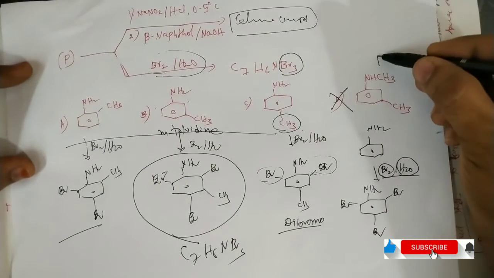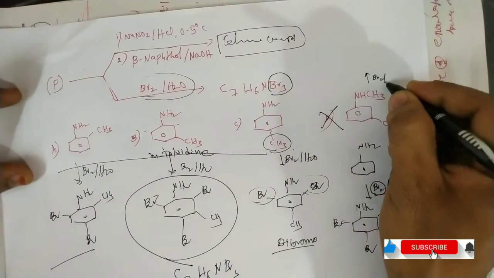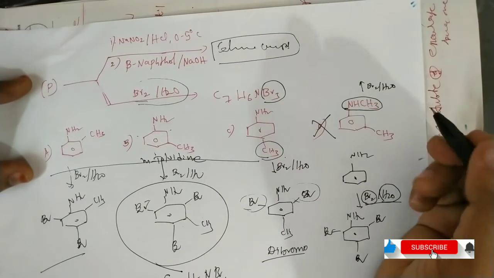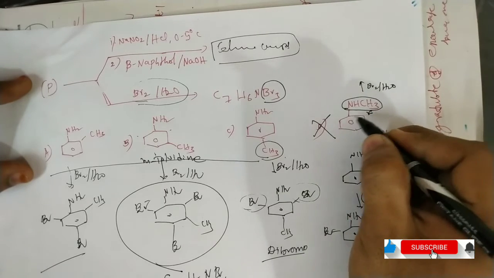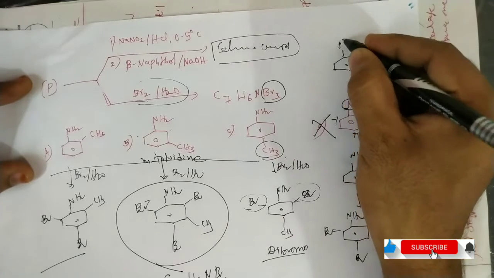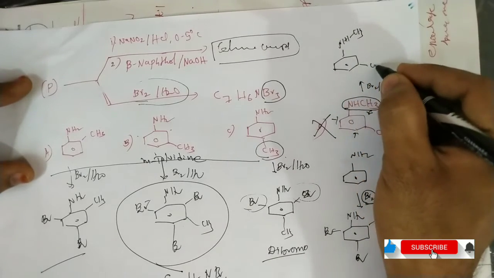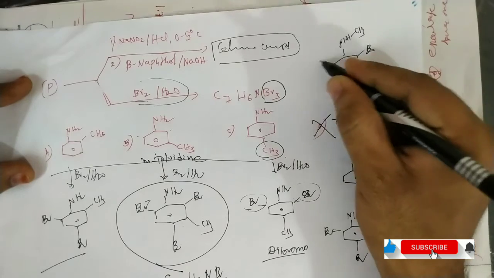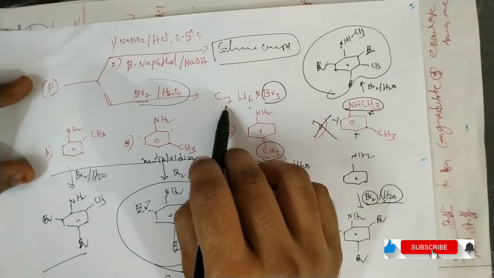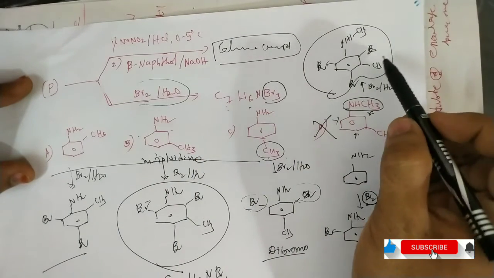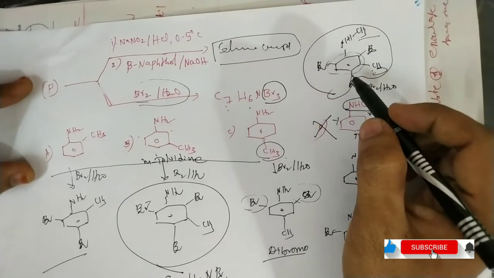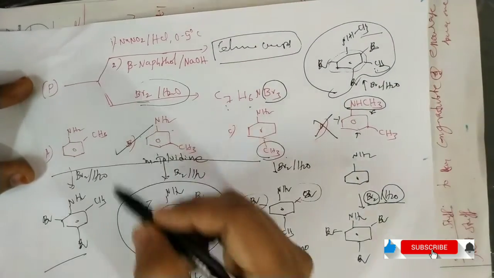Of course, this one also gives a tribromo product on bromination. NHCH3 is also a strong activating group, and Br plus attacks at the ortho positions and para position. So in this case also we will get the tribromo product. But the molecular formula of this compound does not coincide with this compound, because the product should contain 7 carbons only, but in this case the product contains 8 carbons: 6 carbons from the benzene, 1 from this methyl and 1 from this methyl. Totally this contains 8 carbons. So finally the answer is B.